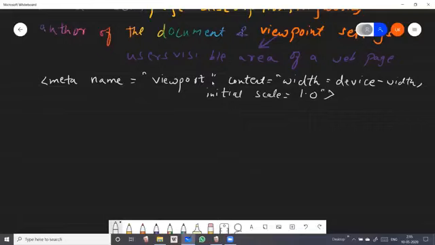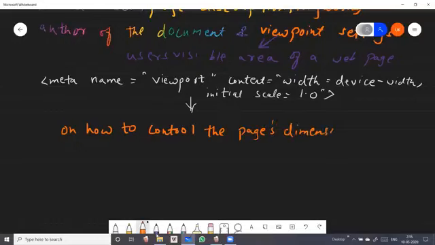So that it gives the instruction to the browser on how to control the page dimension and scaling.